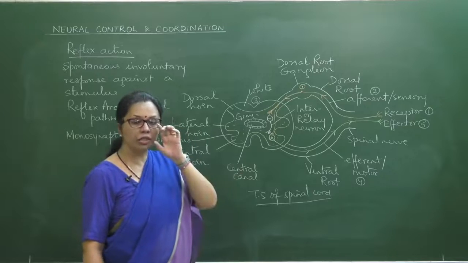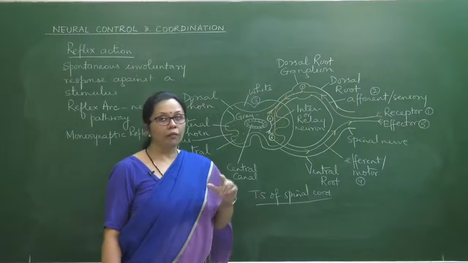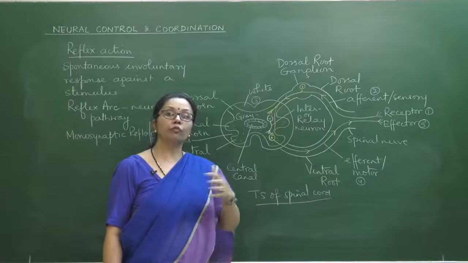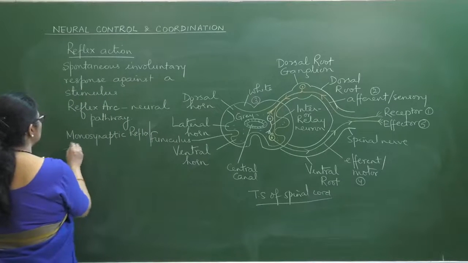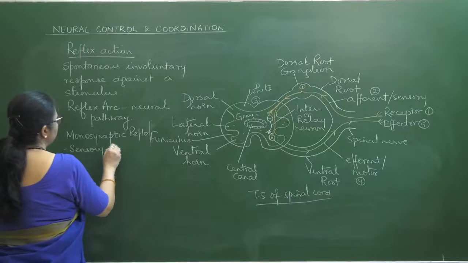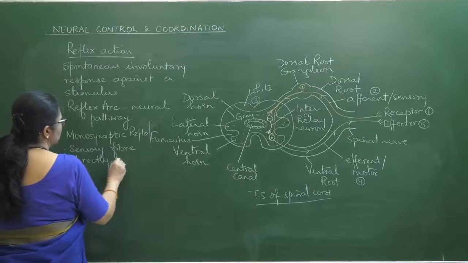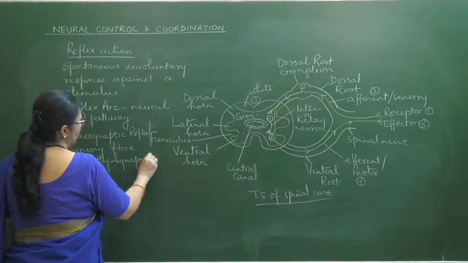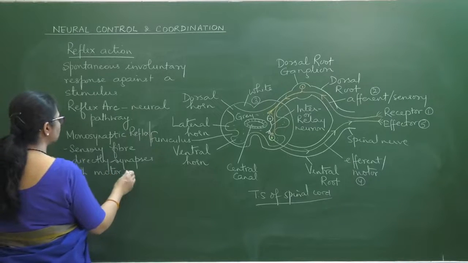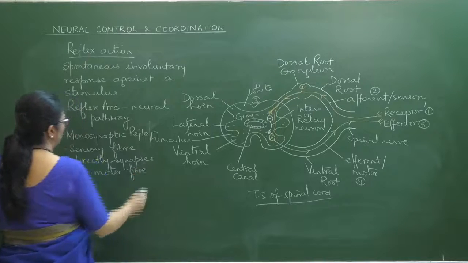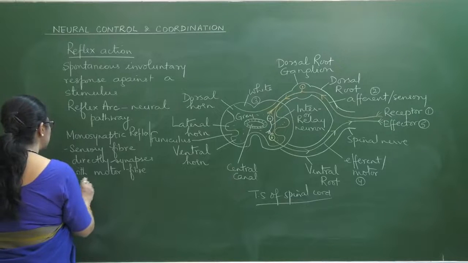Because I told you, the more the number of synapses, the more time it will take. But since the number of synapses is just one, this would be a very, very quick response, right? So monosynaptic reflex, in this case we can mention the sensory fiber directly synapses with the motor fiber. Okay, that is monosynaptic. And the example here is given as knee-jerk